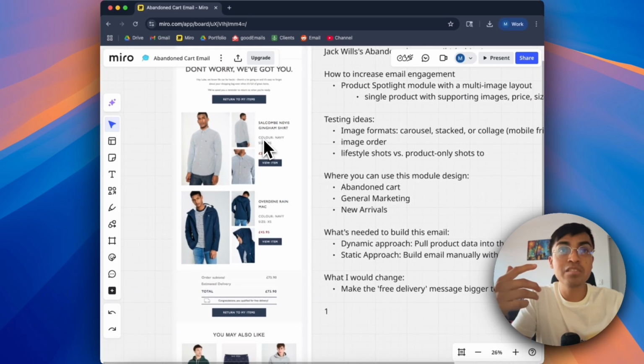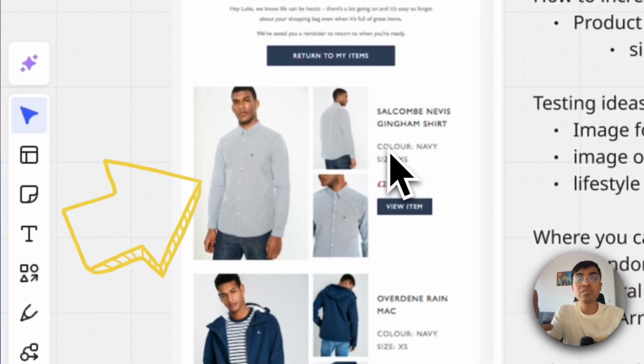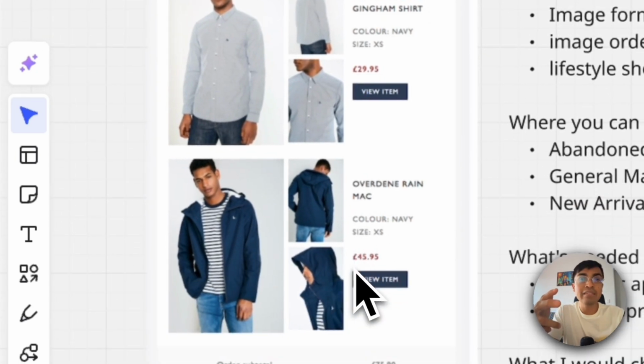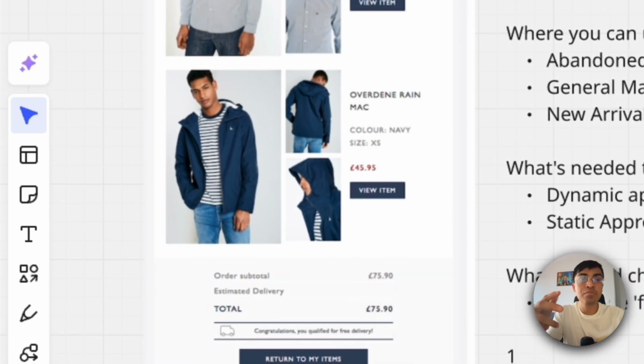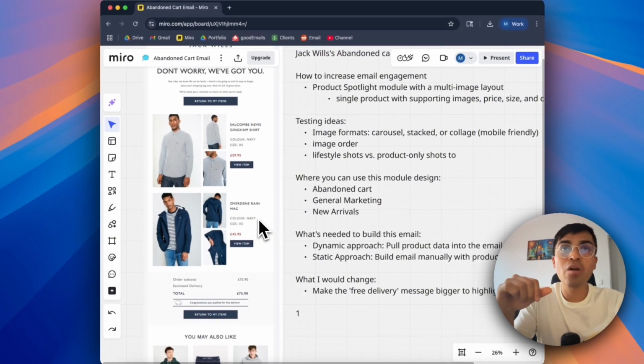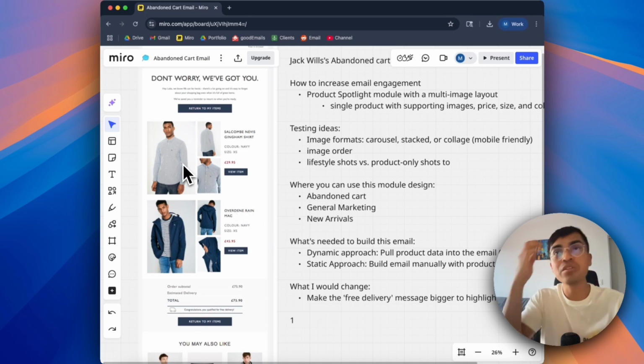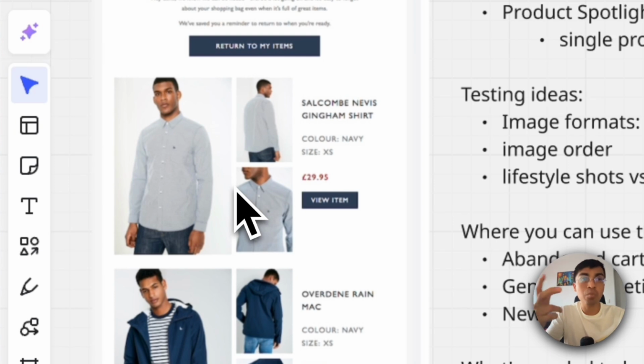The next section is that we have the product spotlight modules. So we have two, and at the bottom, we have the total amount with a CTA that says return to my items. And at the bottom right here, it says congratulations, you qualified for free delivery. So going back to the product spotlight module, what we have here is a multi-image layout. So we have three types of images showcasing the product. So these are using lifestyle shots on a person, on a model, showing the customer,